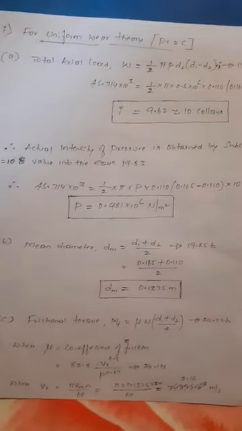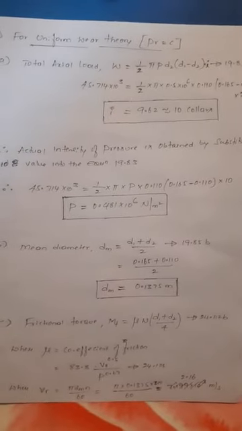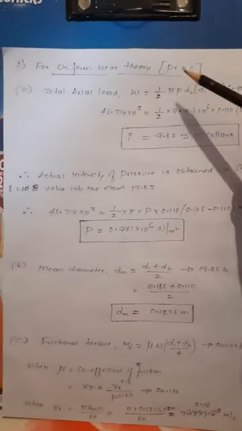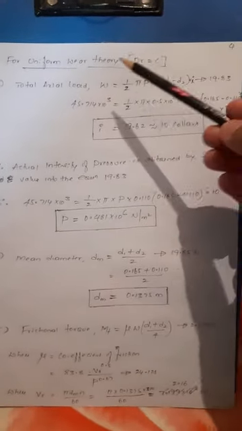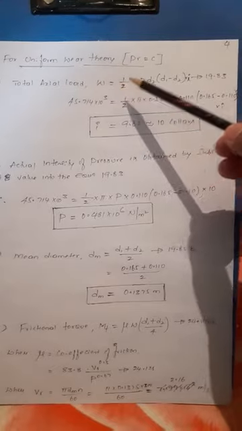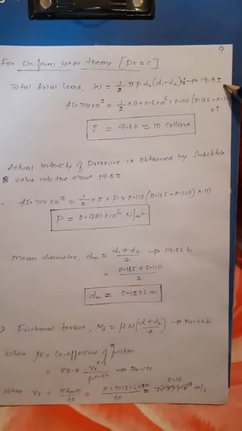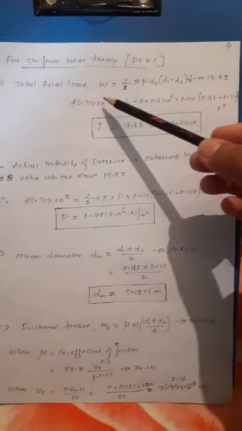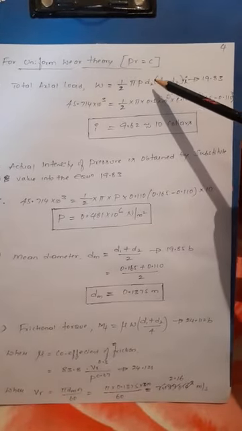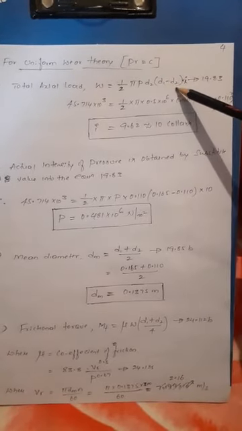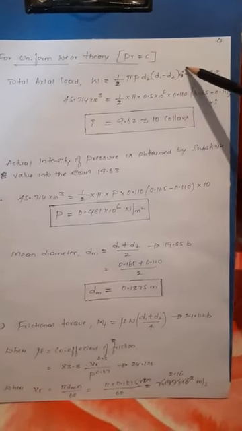Next, these are the other data. What are the other data? We calculate V, W, then D2 and D1. Now we'll apply the uniform wear theory: pressure times radius is equal to constant. And what is the total axial load? You know that equation, 19.83. Here the load is known, P we also know, D2 we also know, D1 we know. What is unknown is only I, the number of collars.